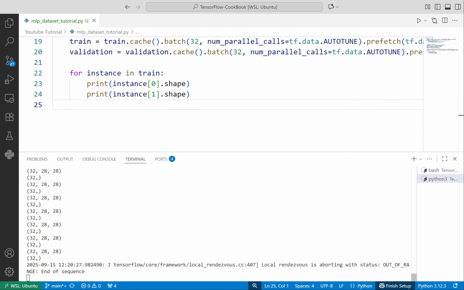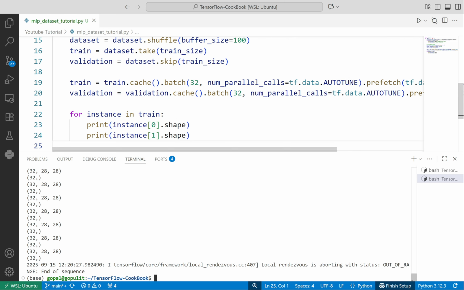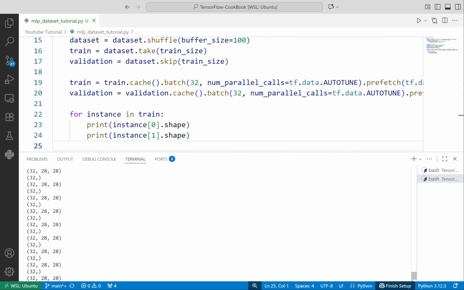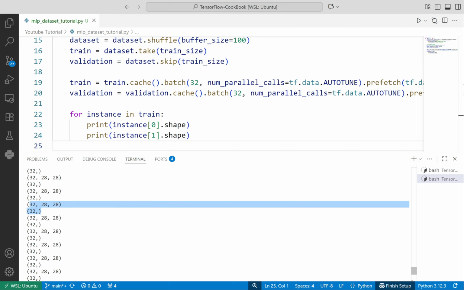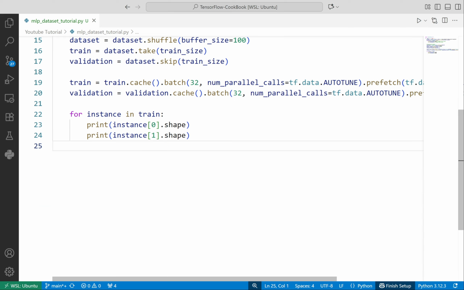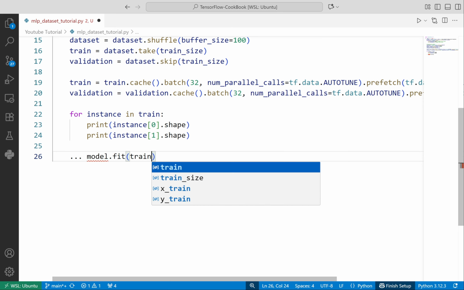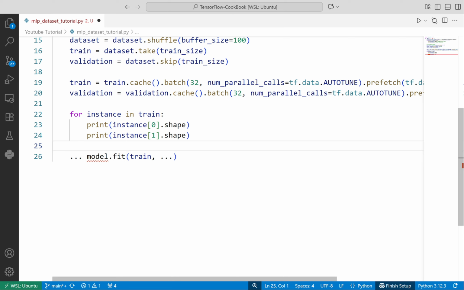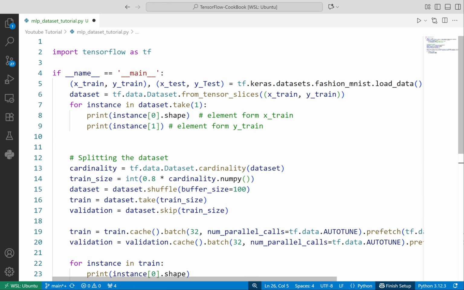And when I do that, I took every element, but you can see that it creates a batch size of 32, 28, 28, and the number of labels is also 32. So that's how you actually do it. And then after that the process is the same. You create the model and then you write model.fit, and then you provide the dataset in there, like train, and then the rest of the operations. We will also solve different, more complicated problems, but from now on we will always use TensorFlow datasets because it makes our lives much easier.